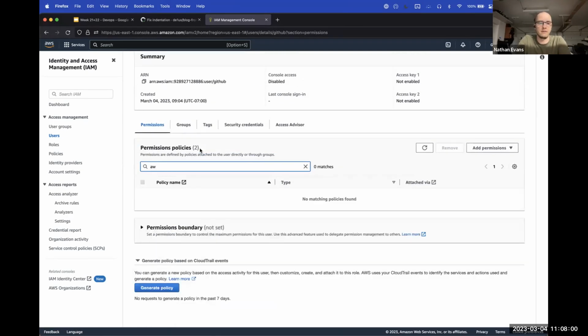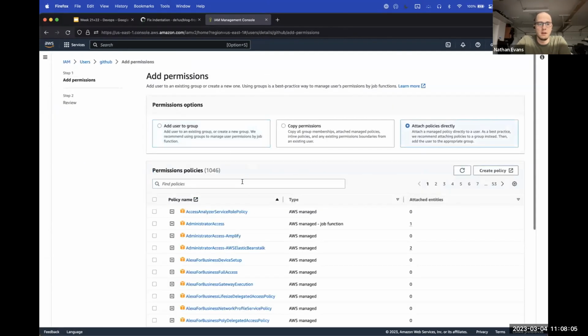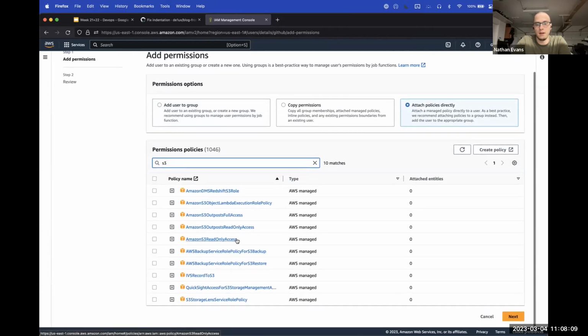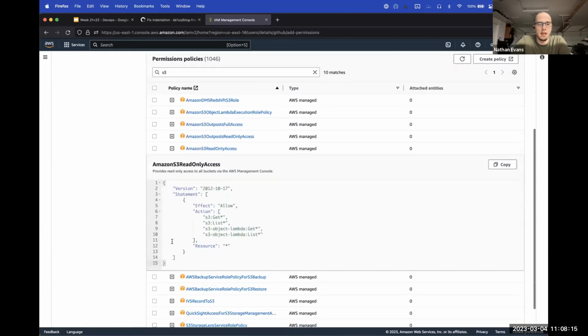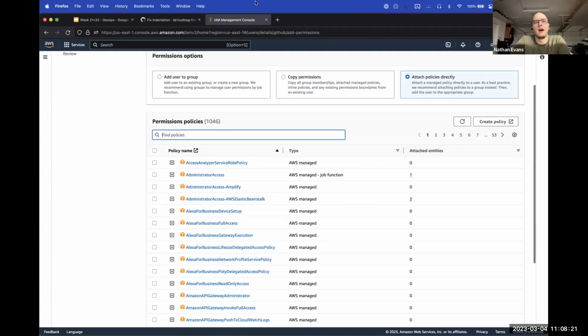Like if we looked at permissions here, there is a ton of S3 access. For example, S3 read-only access. Let's see, read-only access. Maybe there aren't as many policies as I'm thinking, but I would say don't just do